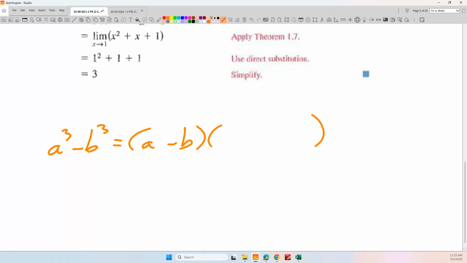a minus b times a plus b, where a squared plus ab plus b squared. Can we just get a sheet with all those on it? Yeah, actually you can. And what we will do here soon is a little memorization quiz to